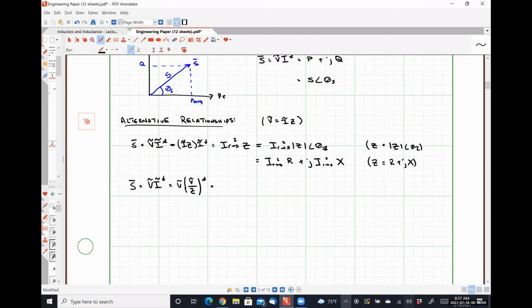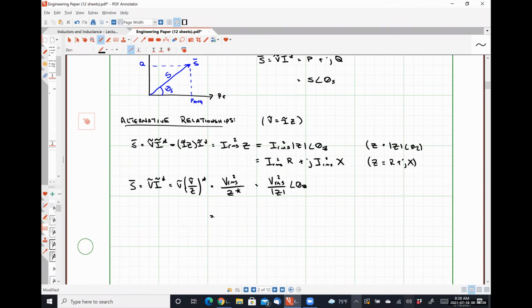So I'm obviously going to have V times V conjugate, which is simply V RMS squared. But now I'm going to have to divide by the conjugate. When I take the conjugate of that fraction, I'm conjugating the numerator and I'm conjugating the denominator. So this is going to look like V RMS squared over the magnitude of Z with an angle positive theta Z,